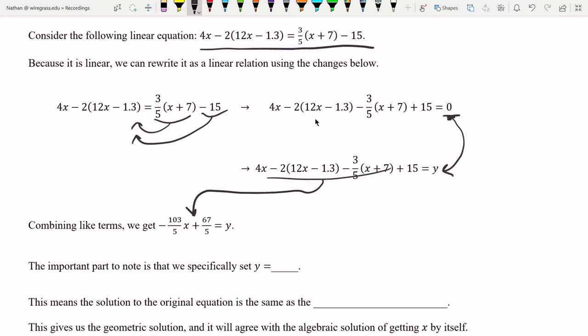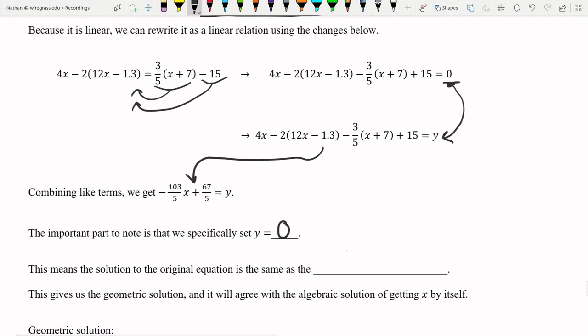Now, I'm stressing this again, it's very important to note that we specifically set y equal to 0. That's what gave us this relation. We didn't set y equal to 15 or something. Y equal to 0 is what we have. So if we were to look at this equation, not as an equation, but now as a relation and graph it,